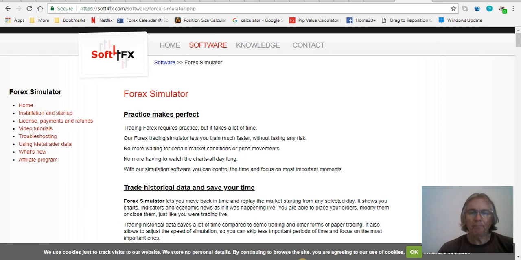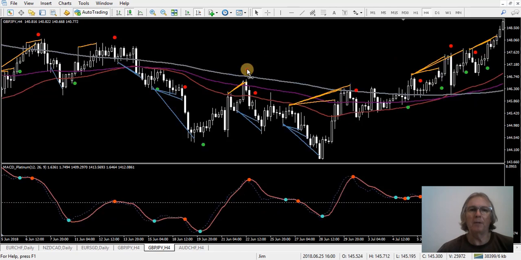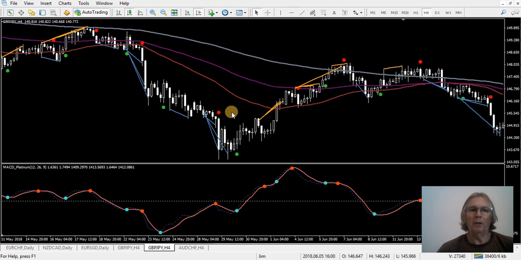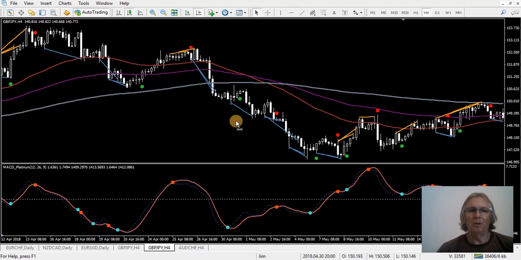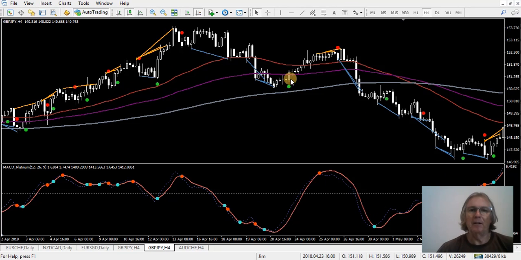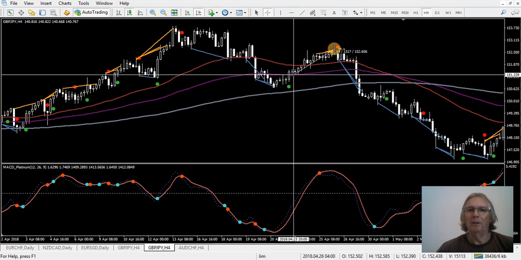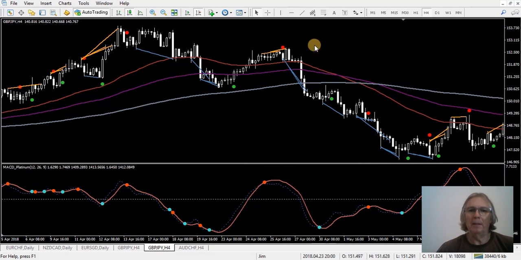Now, previously for testing you had a few options. Probably the easiest one is just to bring up your chart and go back in history and just look at the setups. It's all well and good, but the problem is you can always see what's coming on the right. And you're not really taking trades or anything like that. So you can see, all right, there's a buy signal here, for example. Took that and, oh yeah, I could have got 120 pips, but I'll take that sell signal